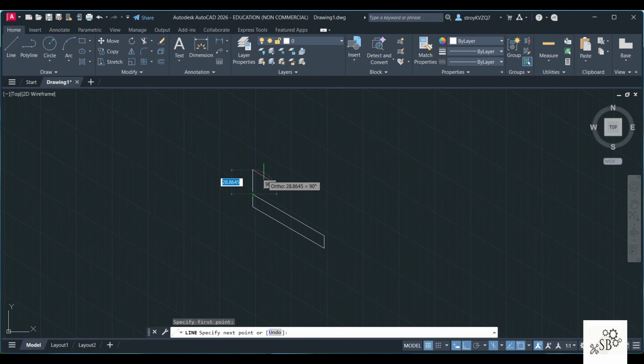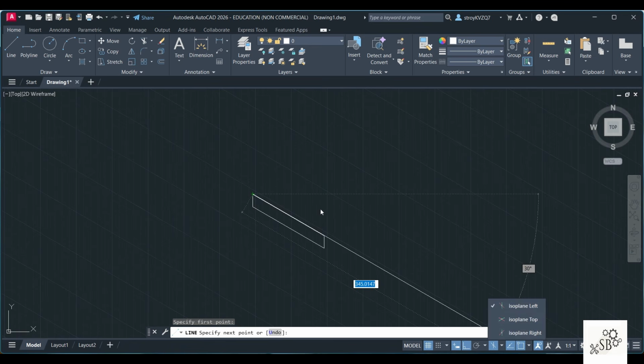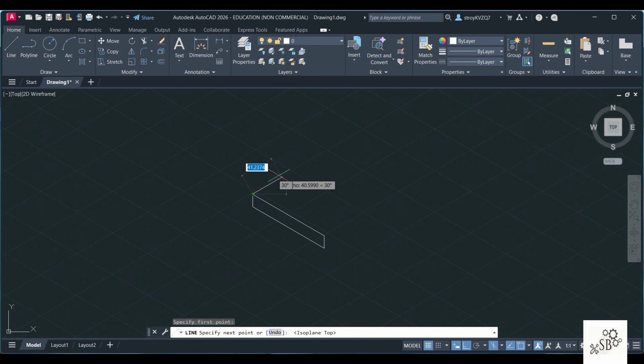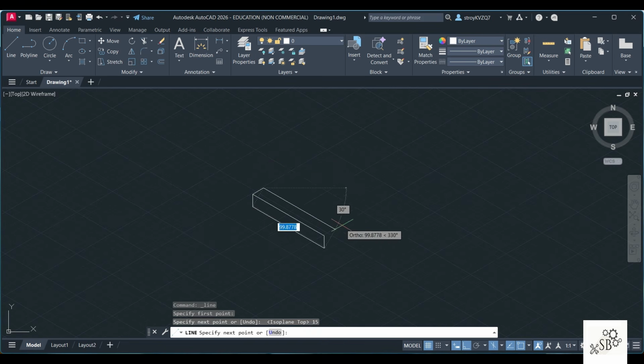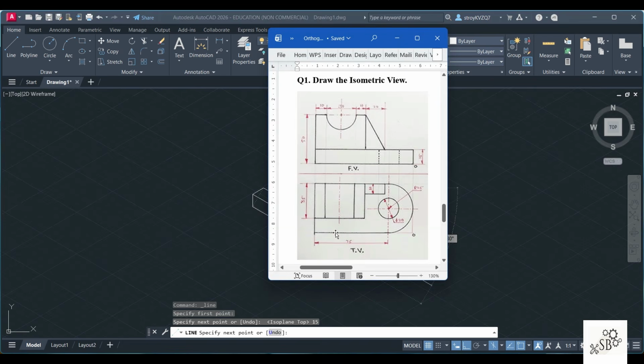Now there is a very simple shortcut. You can either go from here and change again and again, or you directly press the F5 button. You can see it has changed the orientation. So actually it has shifted its plane. So you are now in the other plane, the top plane. So here I will write 15 and then you will have to check what happens here. This portion is what you are seeing.